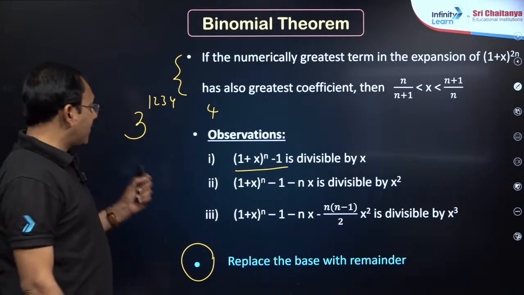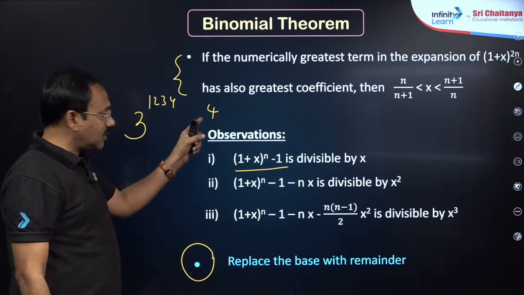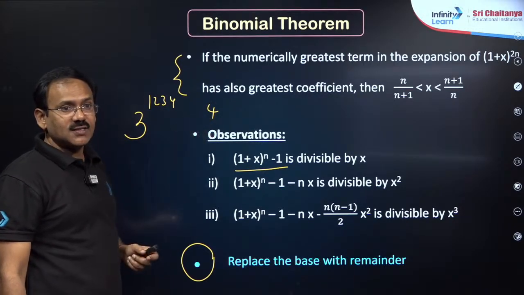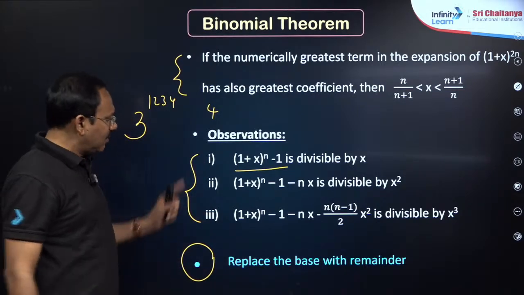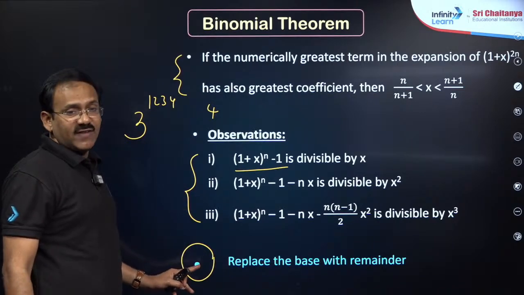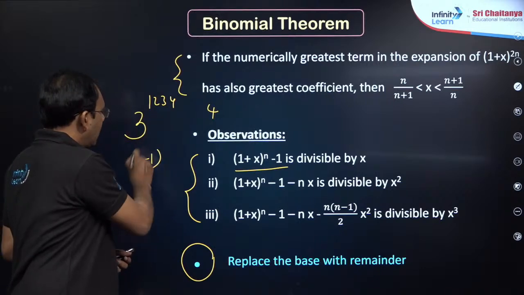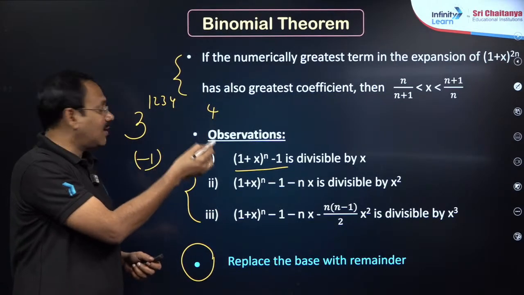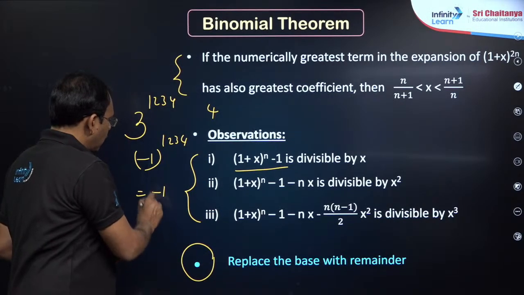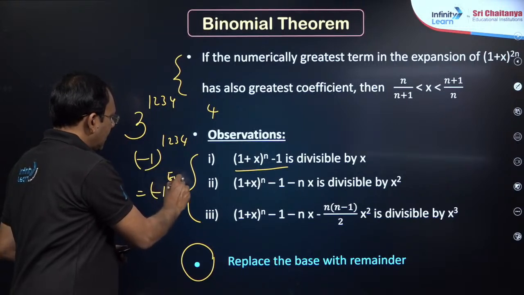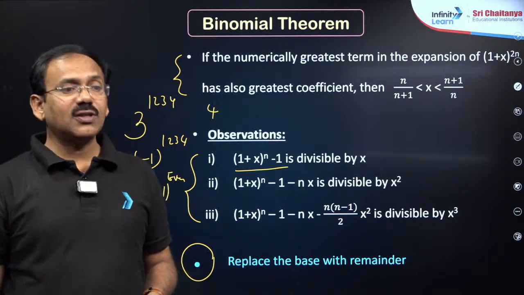In that case, we have discussed that the base can be replaced by the remainder of what it is given. You are dividing by 4. So these are sometimes in divisibility kind of things important, but don't worry about it, but this is very important. So you can write, my dear friends, 3 can be replaced by, when 3 is divided by 4, the remainder is like -1. So (-1)^(1234), that is -1 power an even number, and hence 1. That means when 3^(1234) is divided by 4, the remainder is 1.